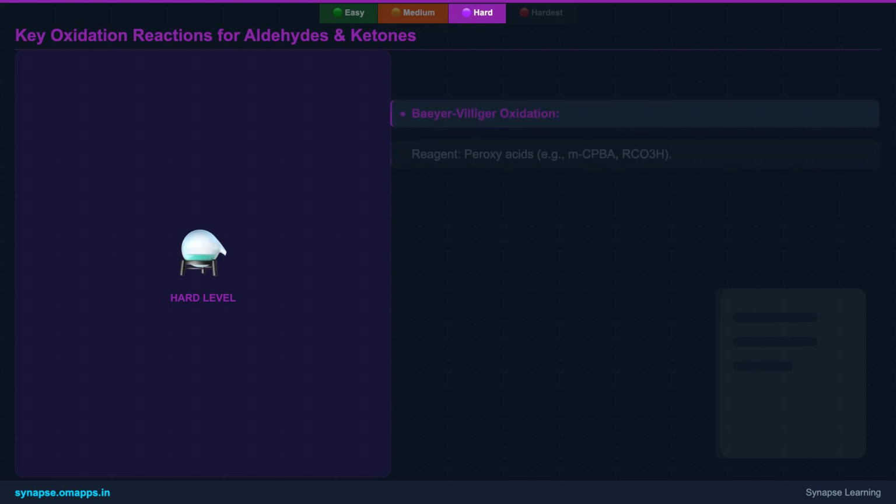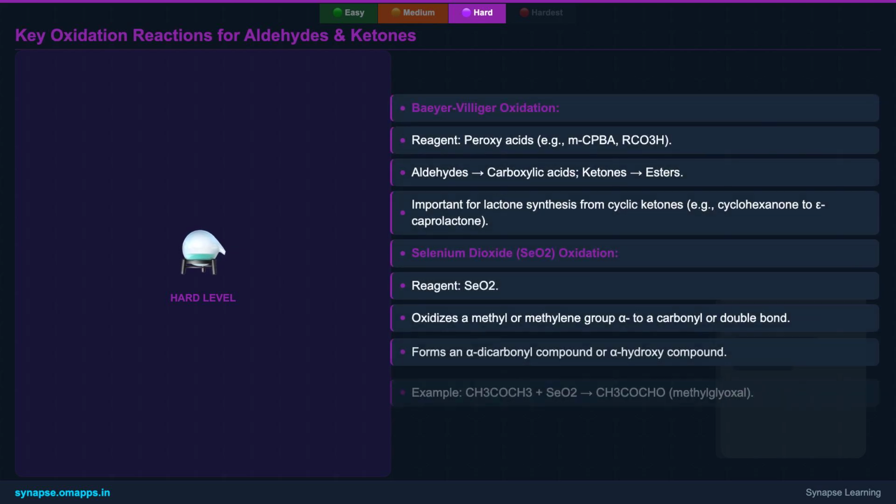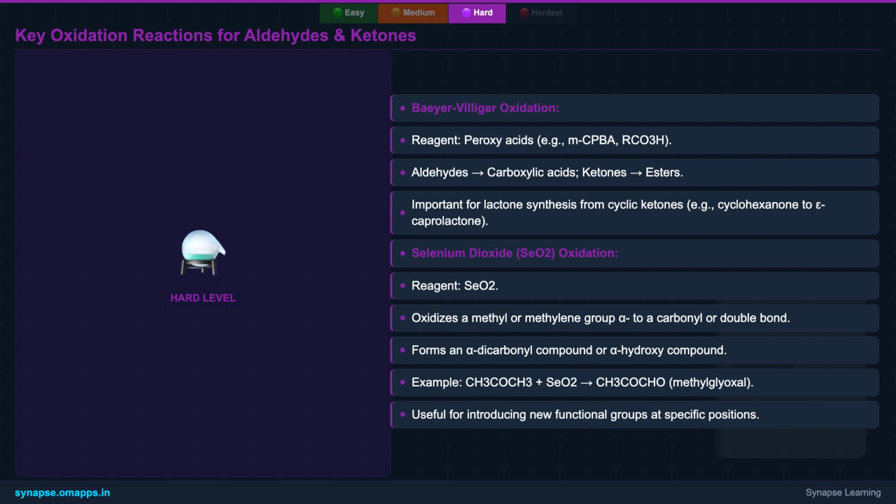To help you navigate the complex world of oxidation, let's look at a comparative overview of the reagents we've discussed. We have the mild oxidizers like Tollens, Fehling's, and Benedict's, which are highly selective for aldehydes and are perfect for distinguishing them from ketones. Then come the strong oxidizers, such as hot concentrated potassium permanganate and potassium dichromate, which are potent enough to oxidize both aldehydes and ketones, though they typically lead to C-to-C bond cleavage in ketones, yielding mixtures